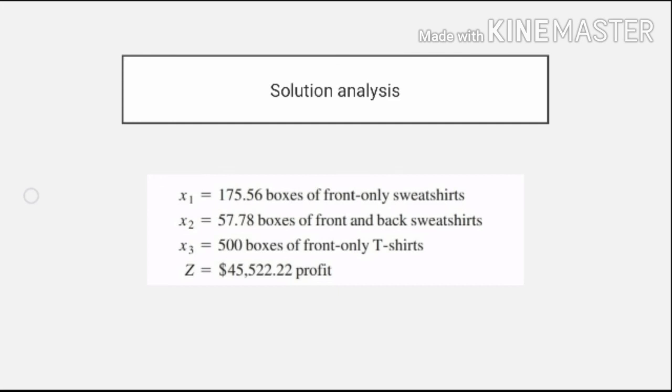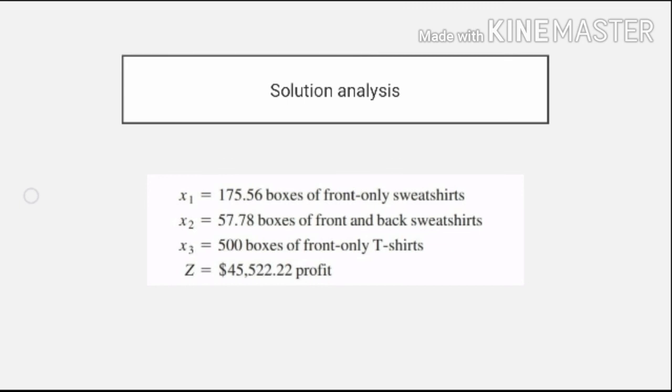So all in all, the total profit is $45,522.22. You might be wondering where the $45,522.22 profit came from. You might think that the values of X sub 1 until X sub 3, like 175, 57, and 500, are already the profit. No. In order for you to get the total of $45,522, you have to multiply the values in X sub 1 to the profit per